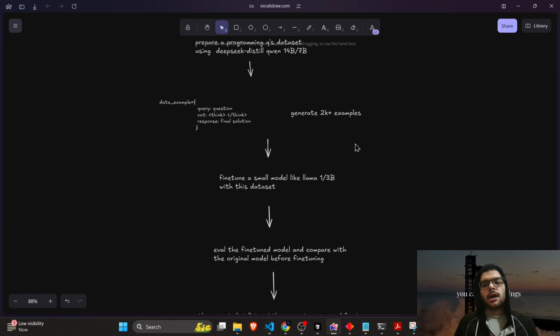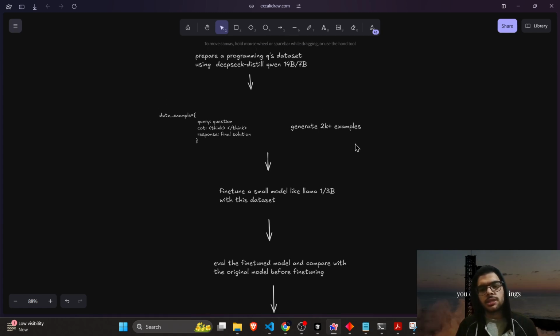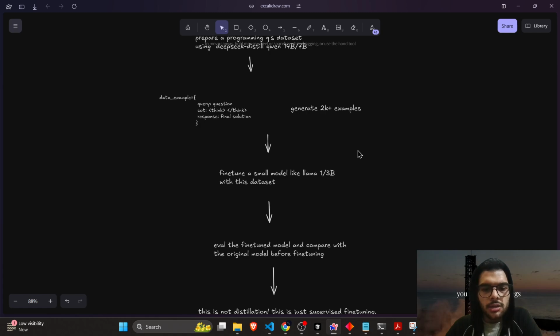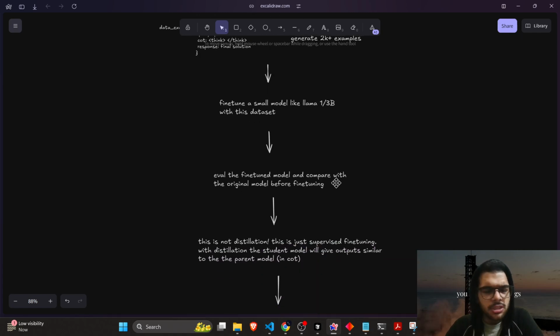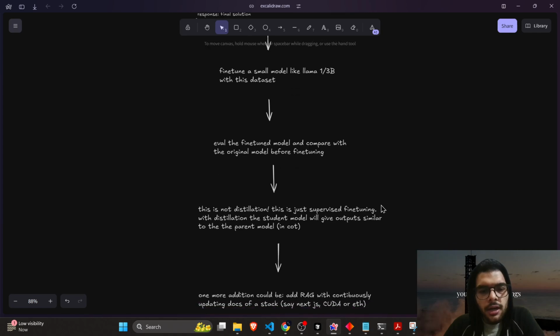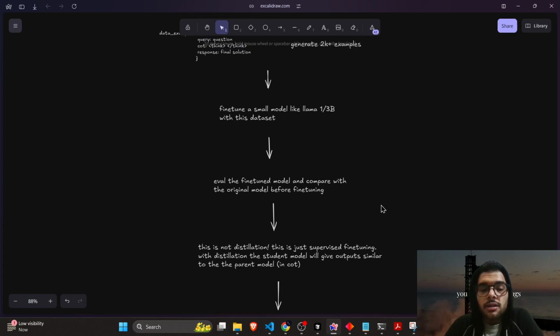Then what I am doing is generating more than 2000 examples, because I think that would be good enough to train a smaller model like a Llama 1B or 3B, because that's what I'm aiming for right now. I'm just experimenting. And then after that, eval the fine-tuned model and compare it with the original model before fine-tuning.